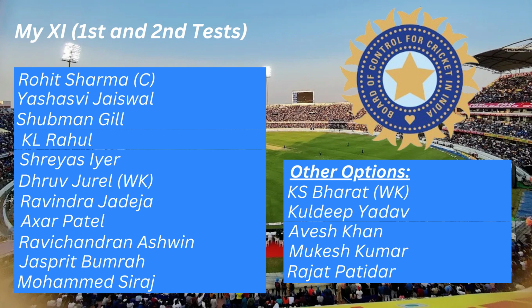But in this case, you've got no option because Avesh Khan would not be suited to bowling in the venues where the first 2 tests are taking place, and nor would Mukesh Kumar be. So they've not got an option because of the squad they've selected. So Bumrah and Siraj would have to be the 2 seamers, with Jadeja, Akshar Patel and Ravichandran Ashwin, a fantastic